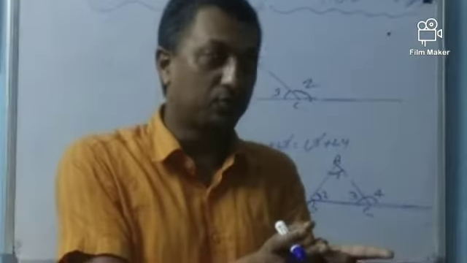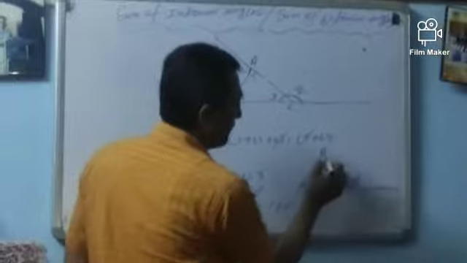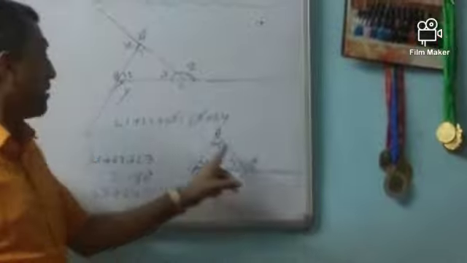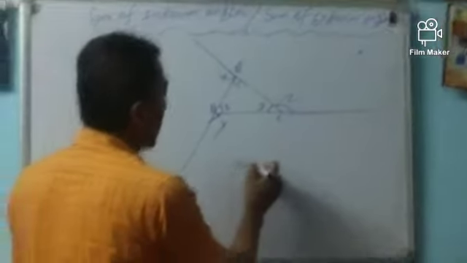Practically we can also prove this. Suppose we cut this part and this part, angle 1 and angle 2, and paste them here, the same angle will be formed. Whatever the measure of this or this, it comes to this one. So this is also a property of a triangle: an exterior angle is equal to the sum of the opposite interior angles. Based on that, we may also prove it for the angle x.